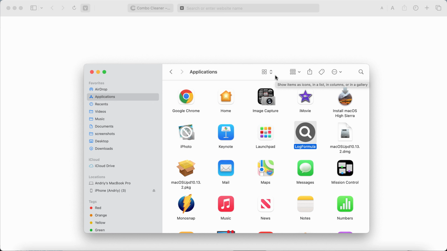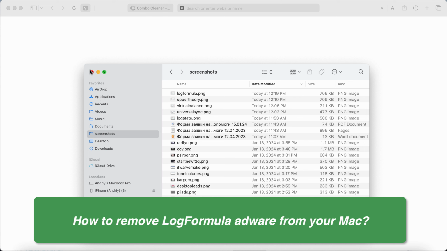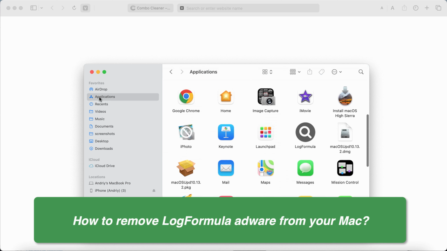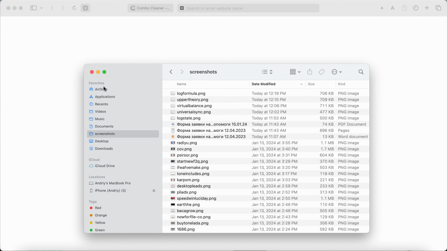This video guide is dedicated to help you remove the new adware type application called LogFormula. LogFormula is the new adware that attacks many Mac computers these days. This LogFormula adware, once installed, may display the huge portion of pretty intrusive advertisements not related to the sites that you visit. So, if this LogFormula was somehow installed to your computer, it is definitely time to get rid of